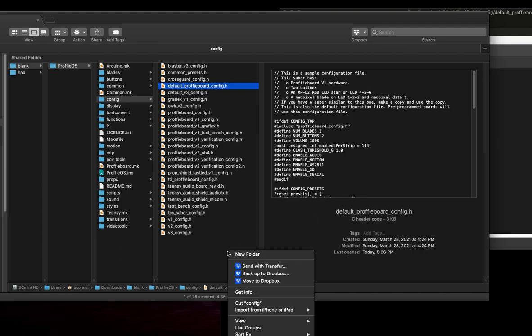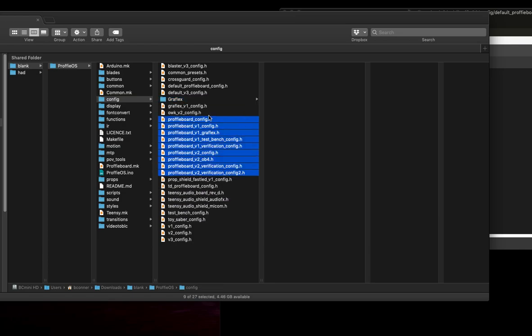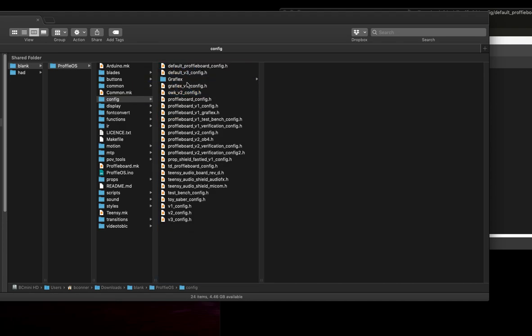And this is totally legit, you could do this. Let's say you have a Graflex saber and you want to save, just for example, I'm going to dump some presets in there, some config files. Let's say these are the configs you like to run on your Graflex saber. That's fine. However, now if you tell ProffieOS.ino to find that config file, we've got an additional member